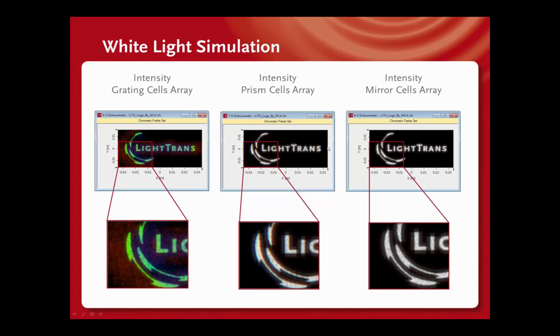But if we magnify a small region of this logo, then you see a little bit of red color and blue color along these lines, along these borders. These are some small chromatic effects that come from the wavelength dependence of refraction that is used in these prism cell arrays for light deflection. Mirror cell arrays use reflection for light deflection, and here these chromatic effects completely disappear, so we can get very nice